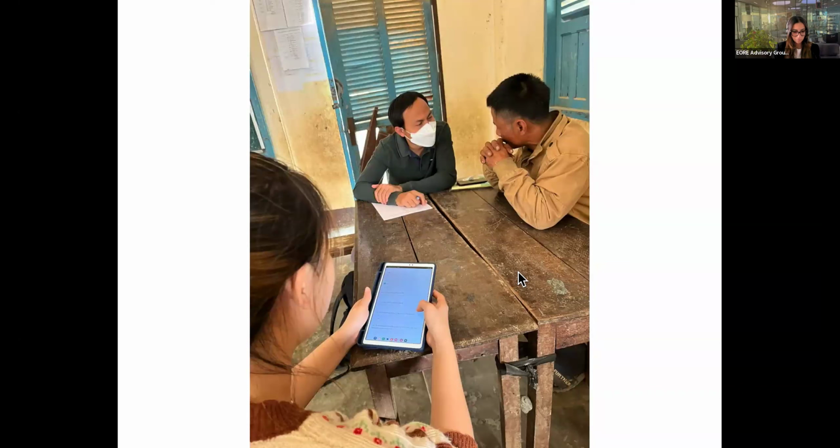Similar in our survey in Laos, we interview the people one-on-one at home rather than gathering them together. Just one thing you notice here, the interviewer at the top there is using a paper form, but we also tried using a tablet as a different way of collecting the data. That's another story.